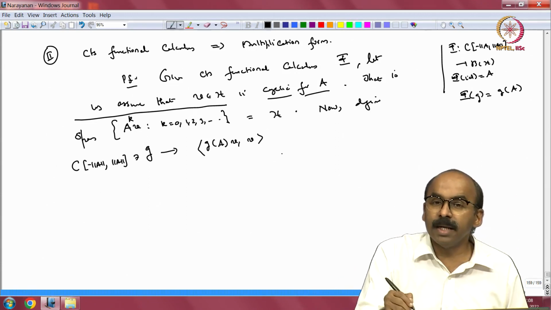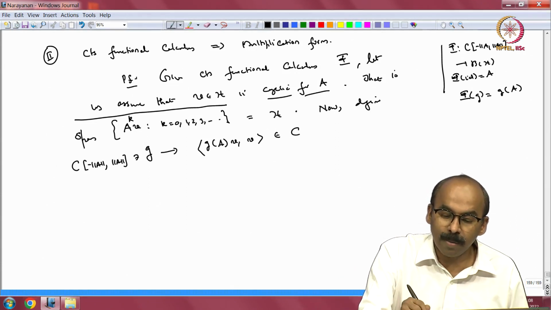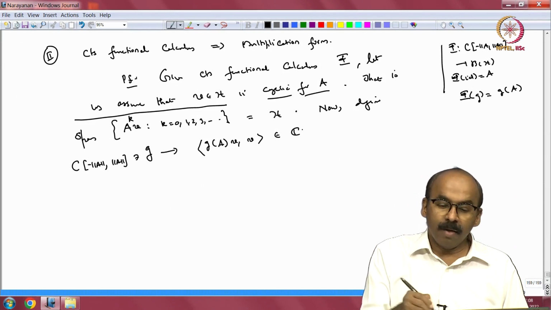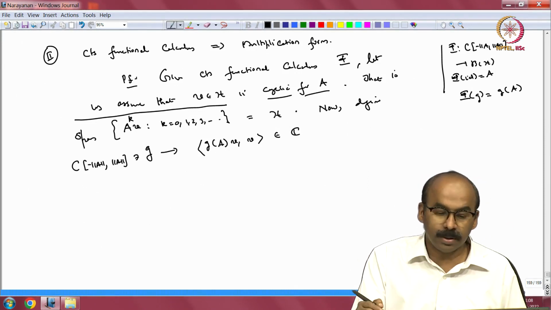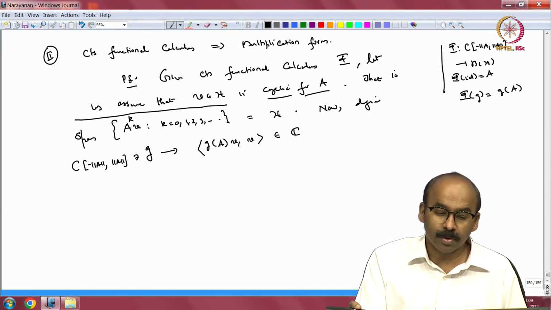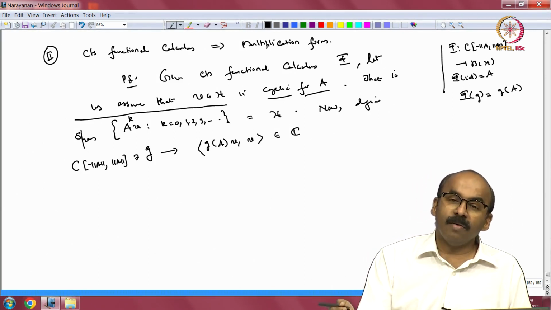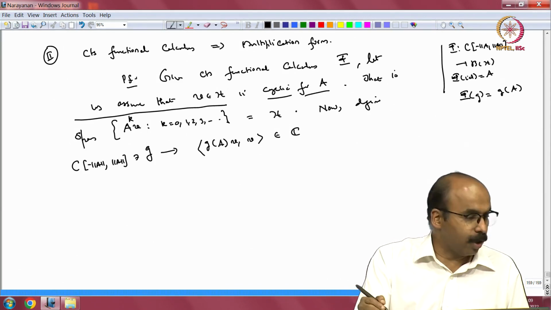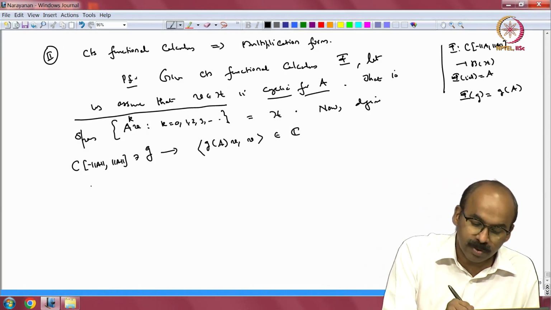But when I take the inner product, these are going to be complex numbers, and I know it is a linear map because g going to g of A is a star homomorphism, so it is a linear map. So, it is linear, and from functional calculus we also get that this is continuous, right. So, since